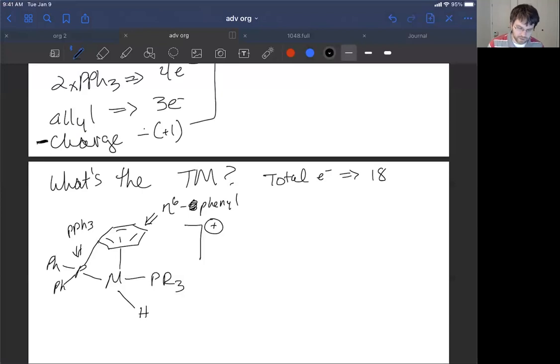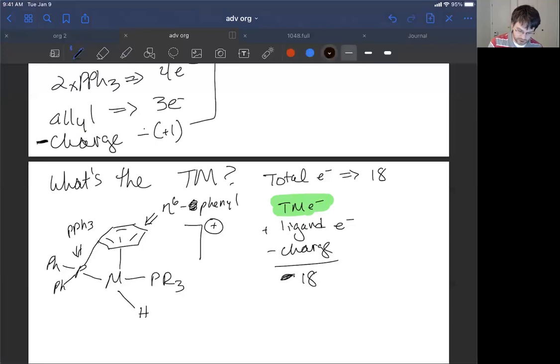Okay, so if we're asking what's the transition metal, and we know the total electron count is 18, what we're doing is solving for our transition metal. That is transition metal electrons plus ligand electrons minus charge equals 18. So we need to solve for this value because we know that the charge is equal to +1, and the ligand electron count we can figure out. If we look right here,